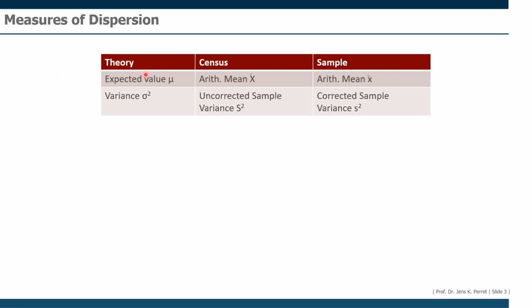Here we can, however, first differentiate between theoretical, uncorrected values, census data and sample data. Well, what's the difference? Census data means that our sample includes all possible observations. So the whole population is the sample, or rather there's no difference between sample and population. Well, a sample itself is usually just a subgroup of the whole population, and theoretical data is different from this, and